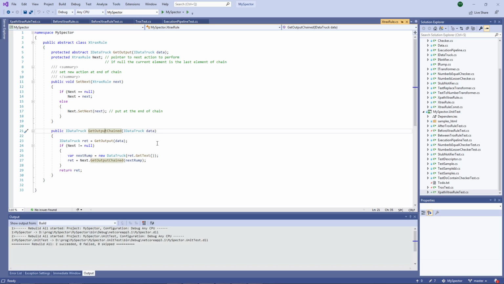The get output chained is calling the get output method, which is an abstract method implemented by all the children. And then there is this check: if there is a next element, then I chain to call the get output chained of the next one.